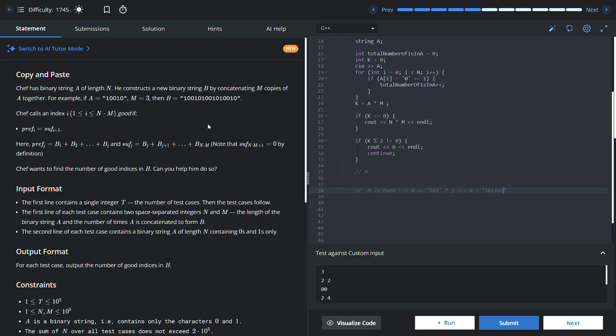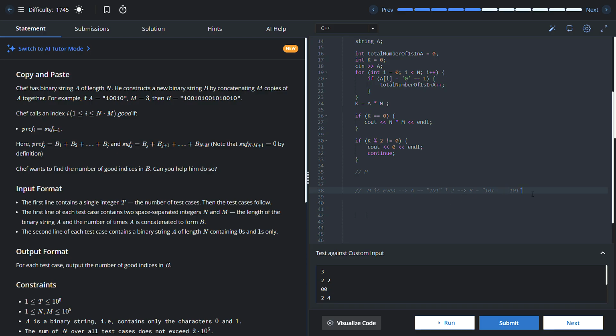So here m is even, right? So we can get this as a good index, right? Firstly, we have to calculate the value of k, and here k is 4. 4 means it's an even number. So we can divide the string from the middle,